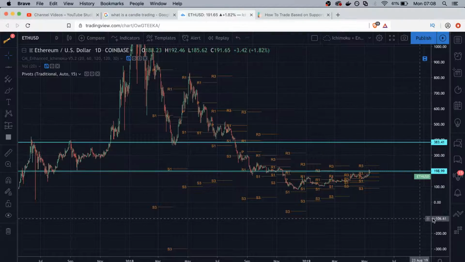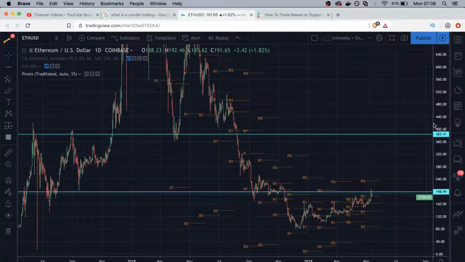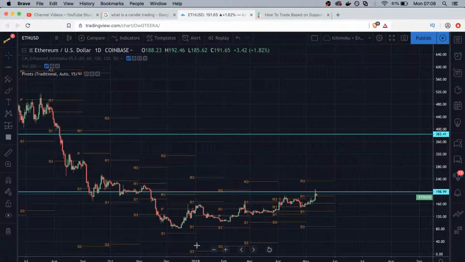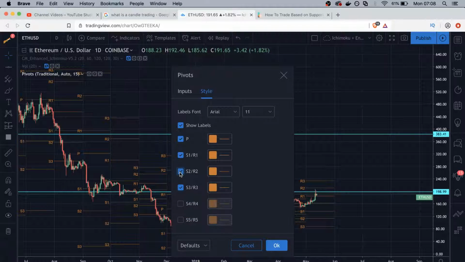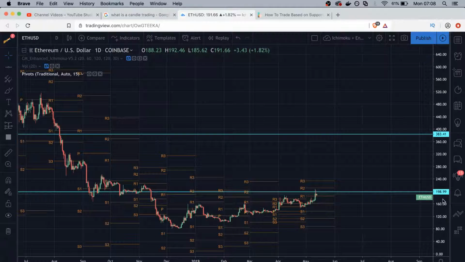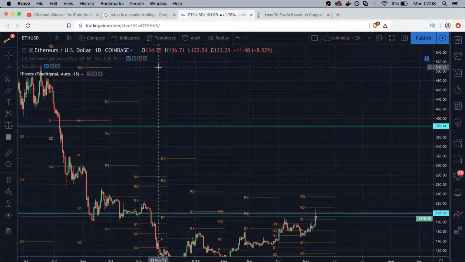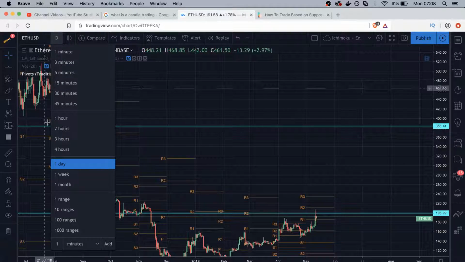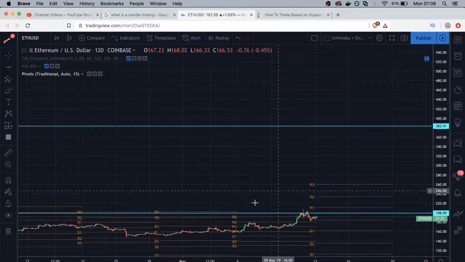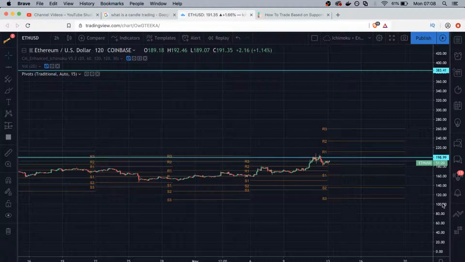And the R is for resistance and the S is for support. Actually, I think I might just keep the S2 just for fun. Alright, now let's draw down to a lower time frame, maybe the 2-hour time frame, and let's see if